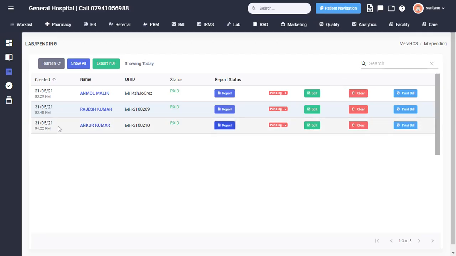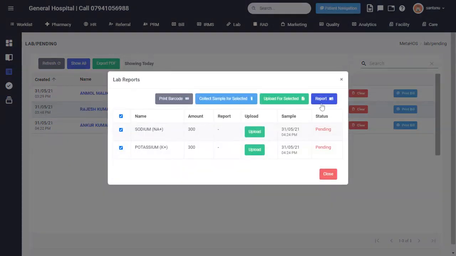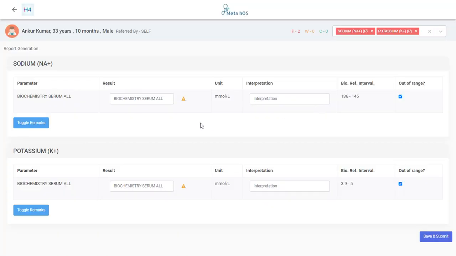So once the sample is collected, the lab technician will again select report and go to the report button and select the report button. Once the report button is selected, the result entering screen for test will be visible.